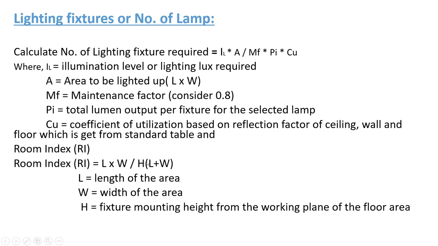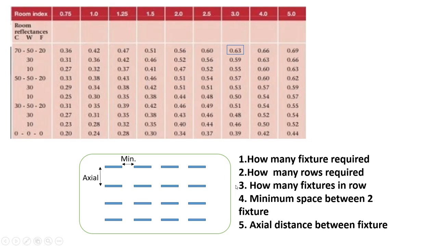Suppose you are going to design the number of lamps for a commercial building. If the standard mentions lux level from the floor level, you can directly consider the total height. Okay, it's very simple. Once you see the example, you will get a clear idea of how we can calculate the number of lamps. Once you put in this value you will get the Ri. Generally this Ri comes up with very small values, from 0.75 to 5, only in between values.